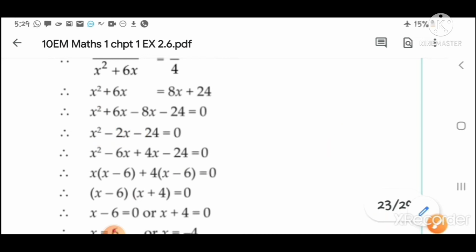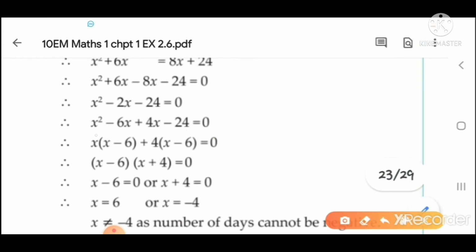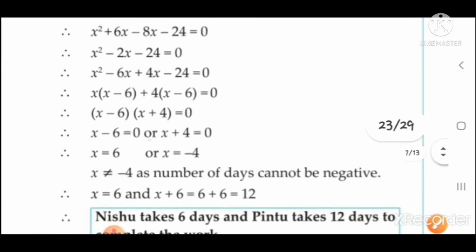Right, so I'll put the values here now. Now the rest of the thing you can also do. x square minus 6x plus 4x minus 24 equal to 0. So what is common here? x. And what is common here? 4. So in bracket x, x minus 6 plus 4, x minus 6 equal to 0. This is the same thing again here. So the two times I will write only one, x minus 6, and the second x and 4 I will write here, x plus 4. So after that x minus 6 is equal to 0 or x plus 4 equal to 0. So minus 6 becomes plus 6 and plus 4 becomes minus 4. So work cannot be done in the negative, therefore x cannot be minus 4. So therefore x is equal to 6.